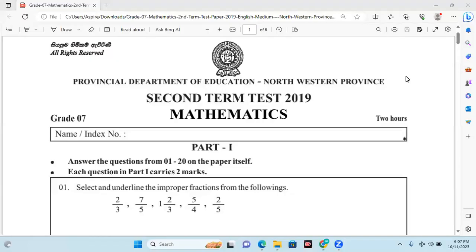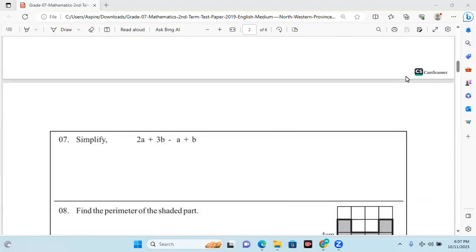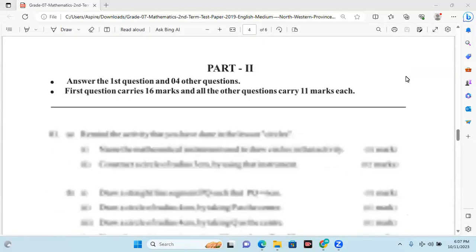Answers this term test, you know, what is the structure of a mathematics paper? It consists of two parts. First part, there are 20 short questions, each carrying 2 marks. You have to write the answers for all the questions in the first part, and the second part consists of